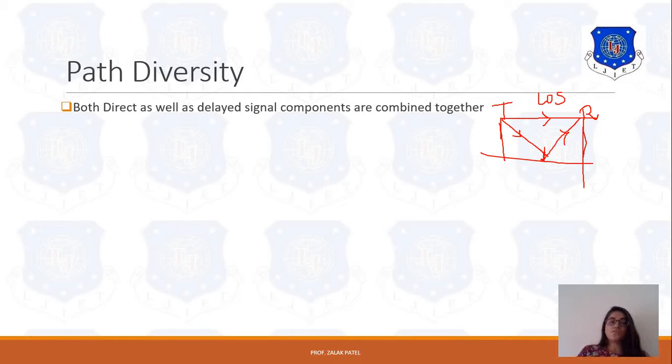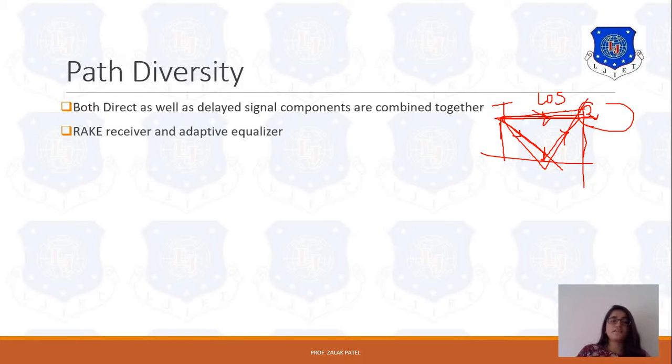So here two different paths are there. We can say that the receiver capability also depends on which path the wave is coming to the receiver from, whether it comes from the clear line of sight or whether it goes with the multipath. If it goes with the multipath, then the performance will degrade at the receiver side, whereas if it comes directly from the transmitter side, then it does not reduce the performance.